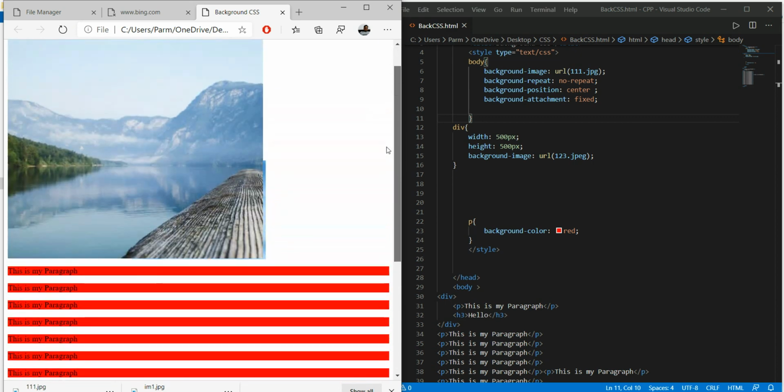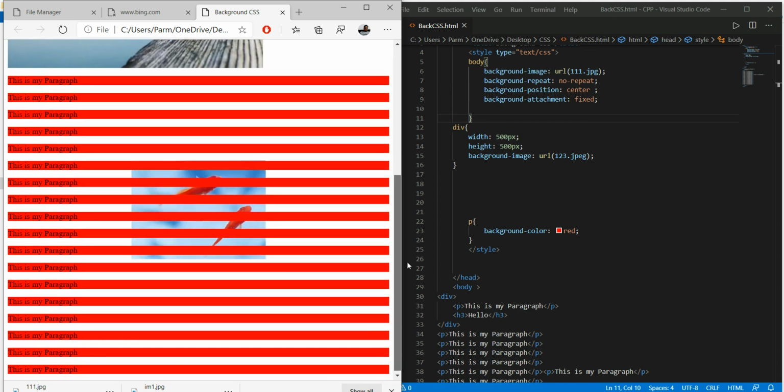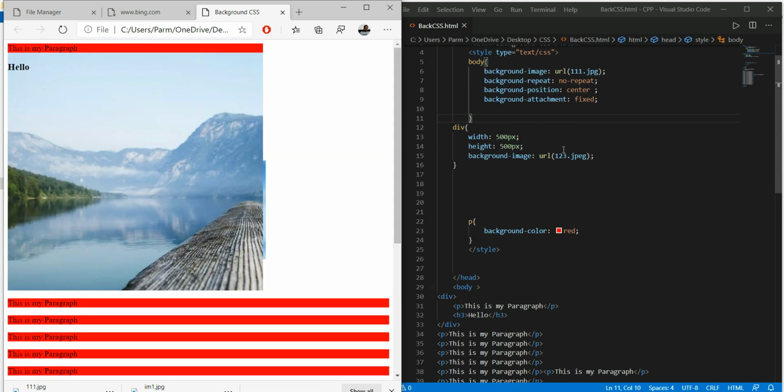We see the image over here in the background. So if we look at this div, shorthand can be used to make all these things in a single line, that we will learn in the coming lesson.